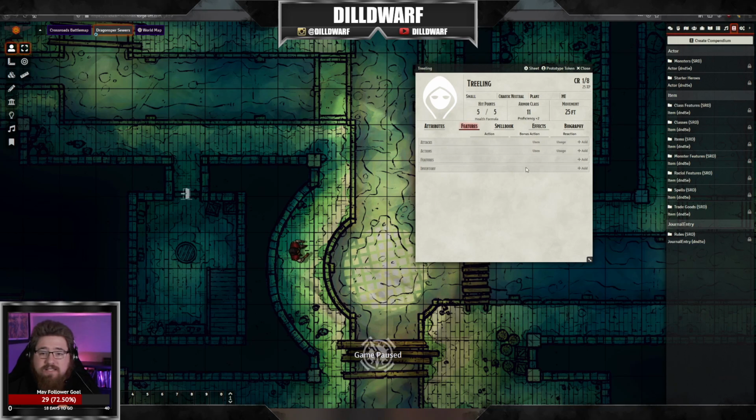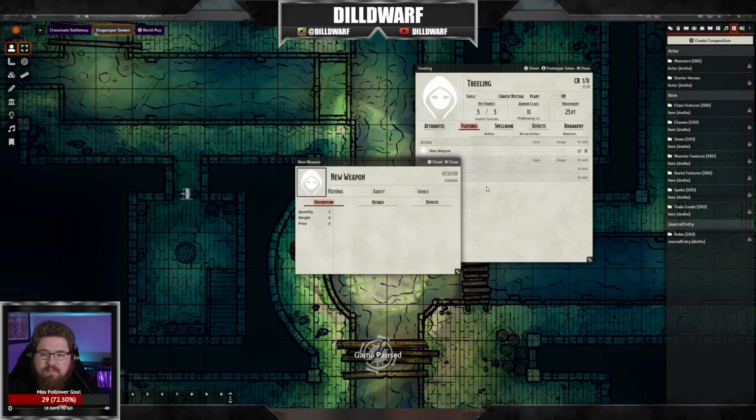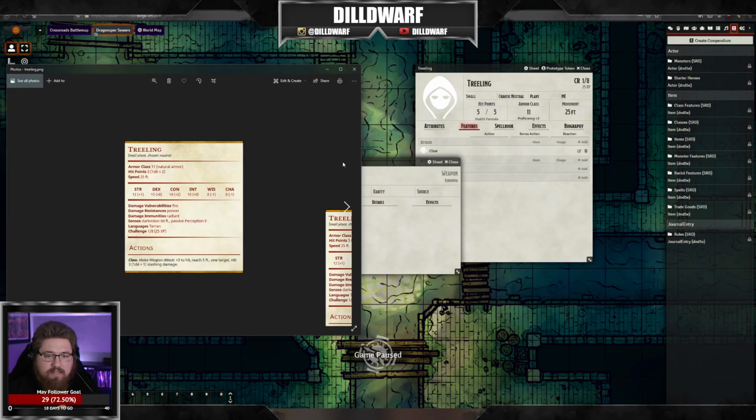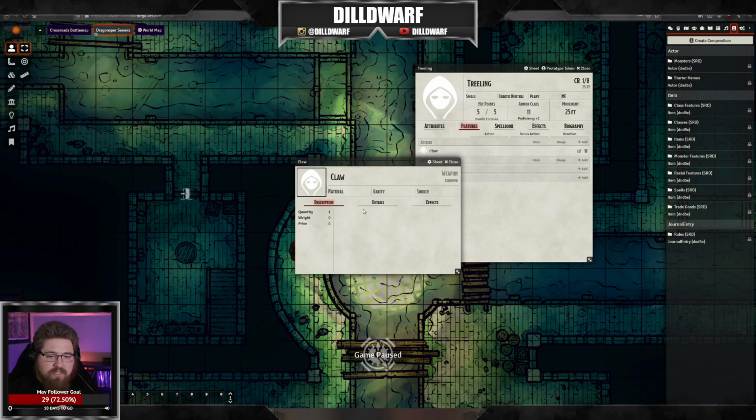That's probably better for you guys to do anyway. So we're going to go under attacks, click add. It says new weapon. We're going to put this as a claw attack. What I would do is write this in the description. I'm going to put that on my other screen so I can type it. So it says, in italics, melee weapon attack, colon, plus 3 to hit, reach 5 feet,